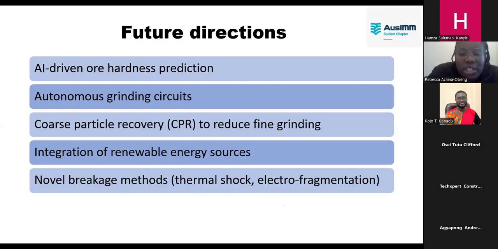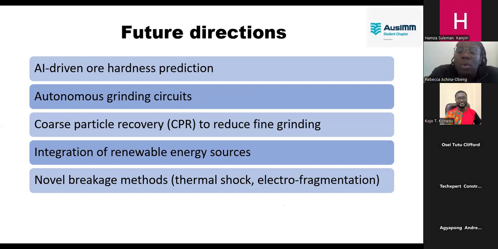So, future directions. Looking at the future directions, the industry is moving toward more intelligent, selective, and energy-aware comminution strategies. First and foremost, we have AI all over. People are using it to make videos, funny clips, editing pictures, and all that. So it's also going to be incorporated, or it should be incorporated, in our industry, and more so in mineral processing,